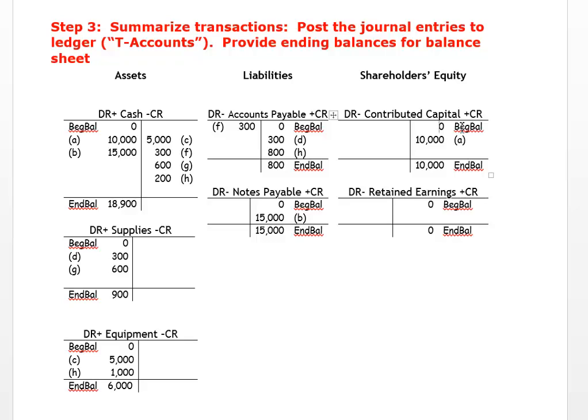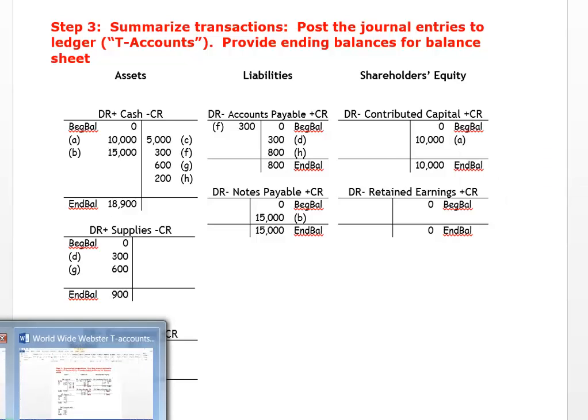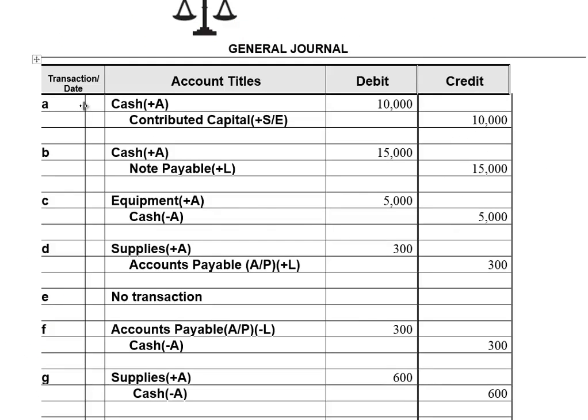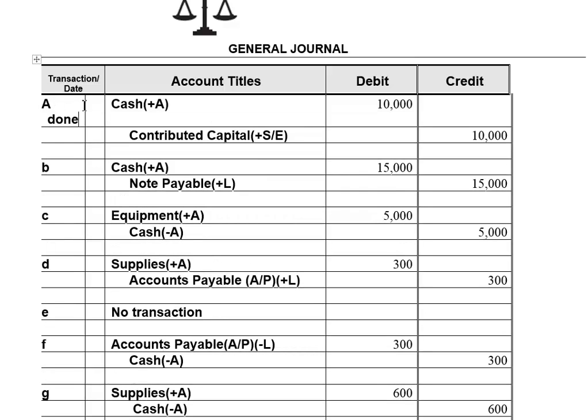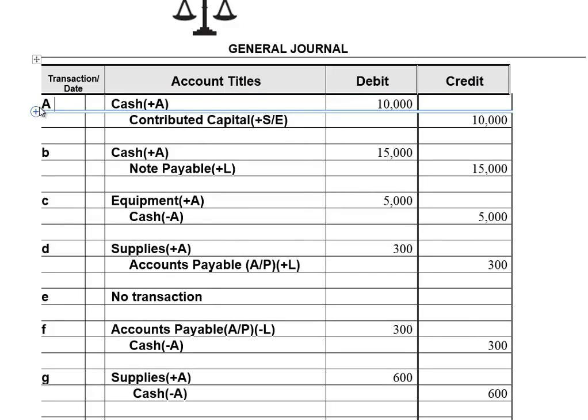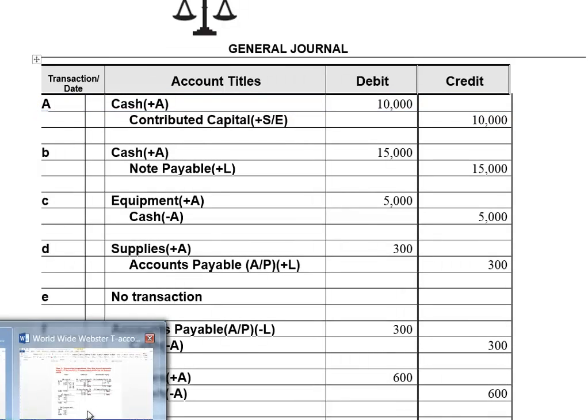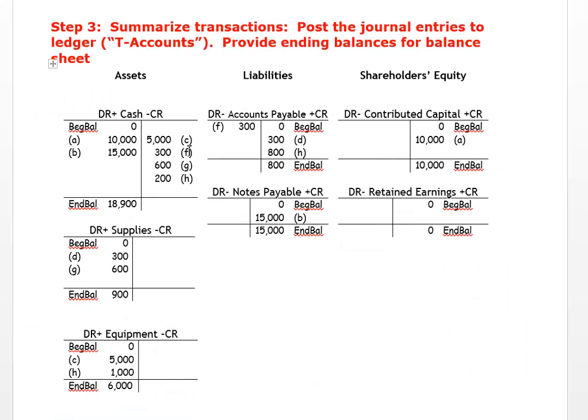But now we do. We see that cash went up, and it went up on the left, and left was debit. So we're going to put the debit to cash in the cash T account and the credit to contributed capital here. We label them so we don't lose track of everything we've done. So you can go back here if you wanted to and say, okay, this guy's done. I could also put done here, right? I've done it. I don't have to do that. Some people might put a check mark. But if I see there's an A here, I can go back and say, oh, I got an A there, that means I posted the entry that I